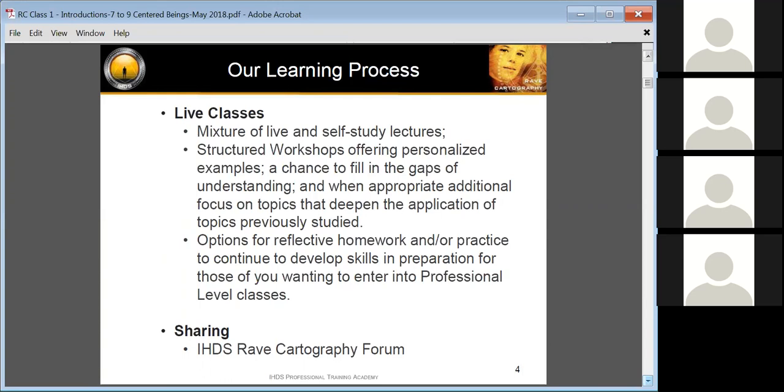And so in order to do that, I need to keep a lot of the other interaction, the back and forth, the questions, which are so important to your learning process. I sometimes have to keep that more flexibly addressed within our forum so that we can cover a lot of the material. And so the way I've designed this learning process is it's a mixture of all of it's live,